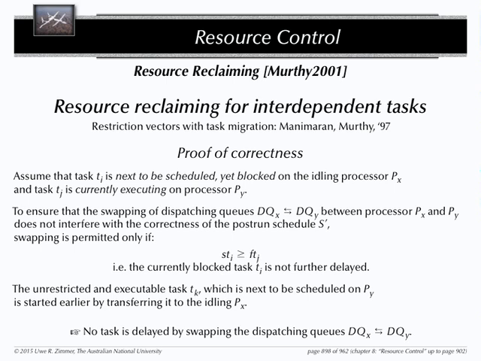And I have a task which is currently executing on my processor. Now I have to make sure by swapping these CPU lines that the start time of the task which is currently blocked is not pushed back by the finishing time of the task which is currently running. That was the constraint. Okay? And if that's the case, I can happily start reclaiming and swapping CPU lines at runtime. Good.